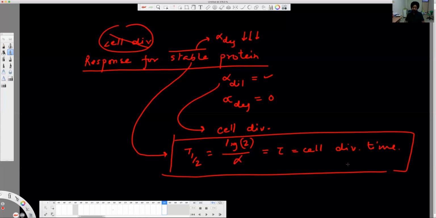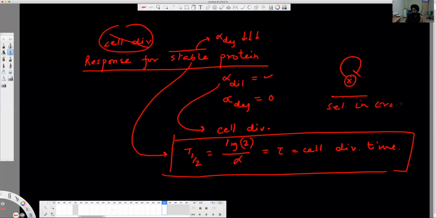Right. So in the next class, we will not talk about simple regulation, but it was important to talk about it in order to derive some of the fundamental equations. In the next class, we will start talking about certain circuits which are selected in evolution, and we will see why they are selected. The first of those is negative autoregulation, which means that X is inhibiting itself. This is a single edge, single node. This is selected in evolution.